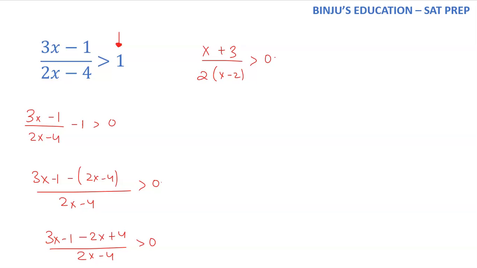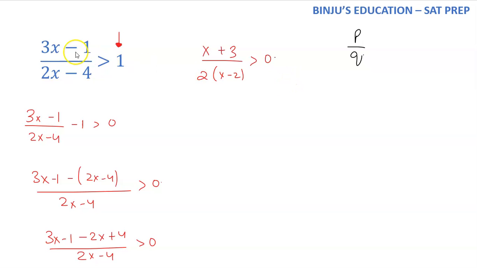Now whenever you have something in the form of p by q, critical points are not only those values for which the function is equal to 0, critical points are also those values for which the function is not defined. For example, x is equal to 2 is a critical point, but x is equal to 2 is not a value of x for which the function will be 0, because when you put x equal to 2 in the function, you get 5 by 0, which is not defined. So while taking critical points, you also take those values where the function is not defined, and that technically happens whenever you have an expression in the form of fractions.